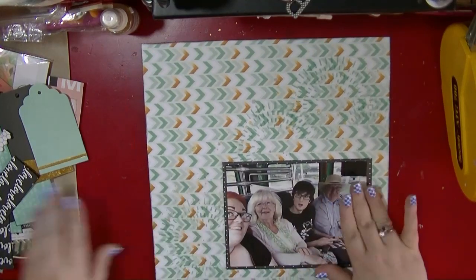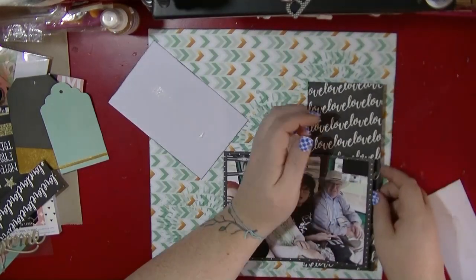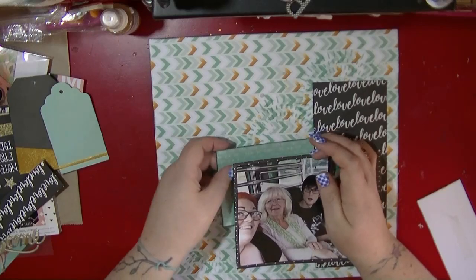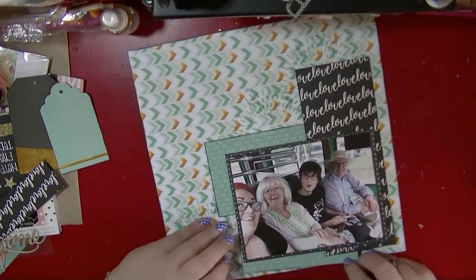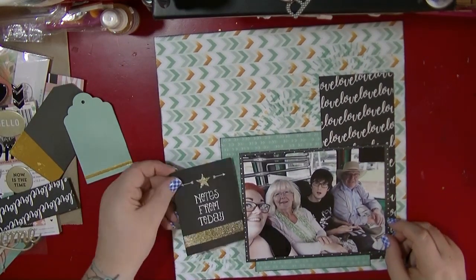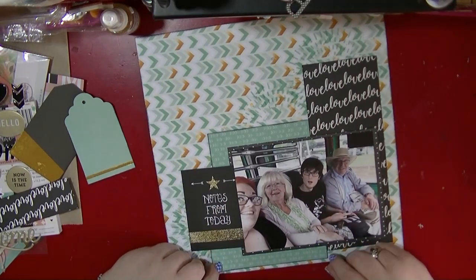So this is the photo that I'm going to be using, and as is normal for me, I have taken the paper that I'm going to use to mount my photo. I really love that paper. It says love on one side and it's a black and white polka dot on the other, and that is the Jen Hadfield one. And now I'm taking lots of different bits and pieces, and I had this 3x4 card